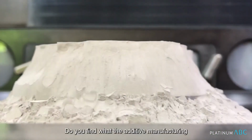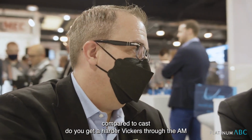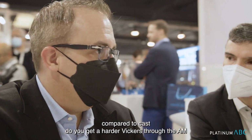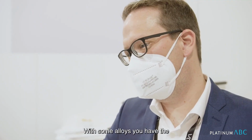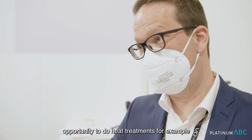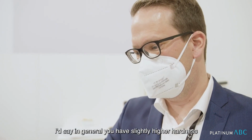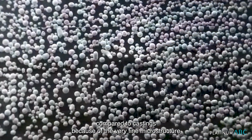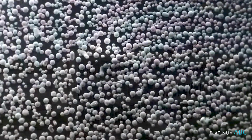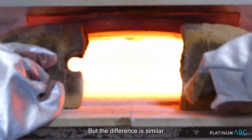That's incredible. Do you find with the additive manufacturing, compared to cast, do you get a harder Vickers through the AM versus casting the same material? Is it a little bit harder? With some alloys, you have the opportunity to do heat treatments, for example, and increase the hardness. In general you have a slightly higher hardness with additive manufacturing compared to castings because of the very fine microstructure. And when you do the heat treatment afterwards, you get a higher hardness, but the difference is